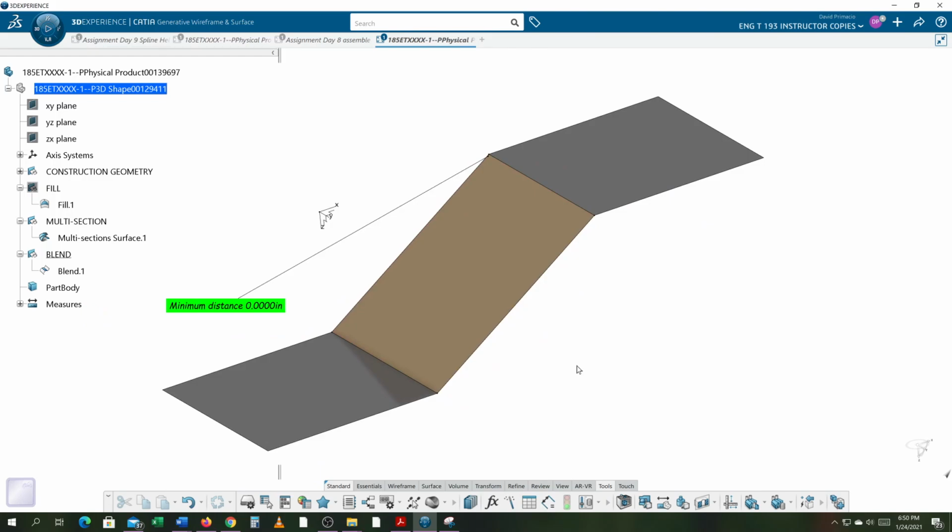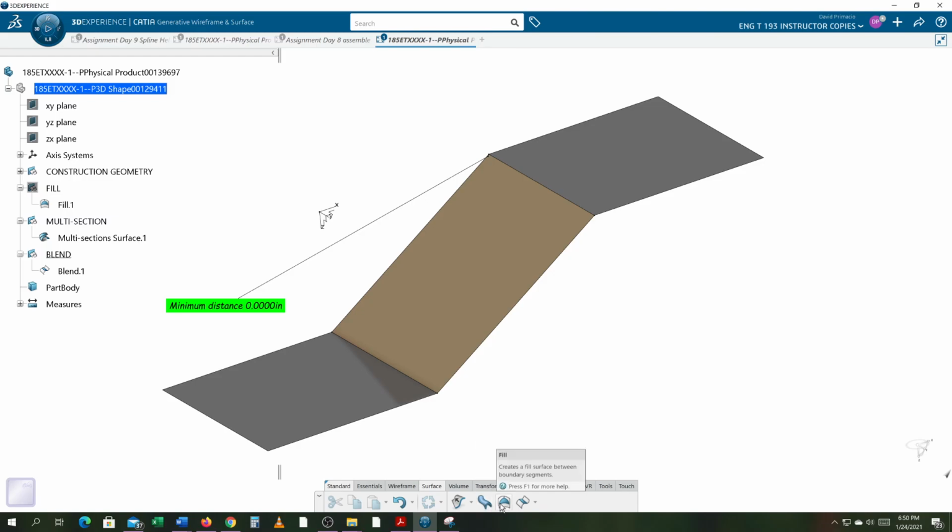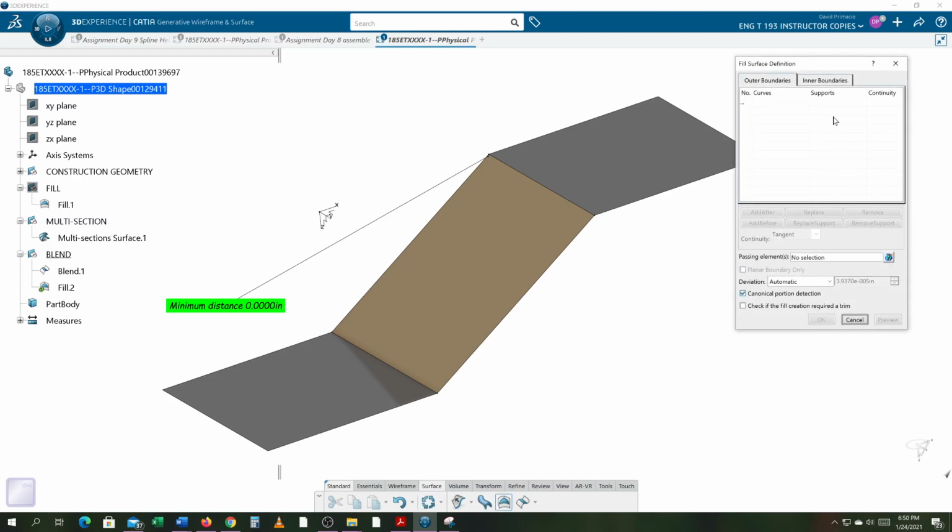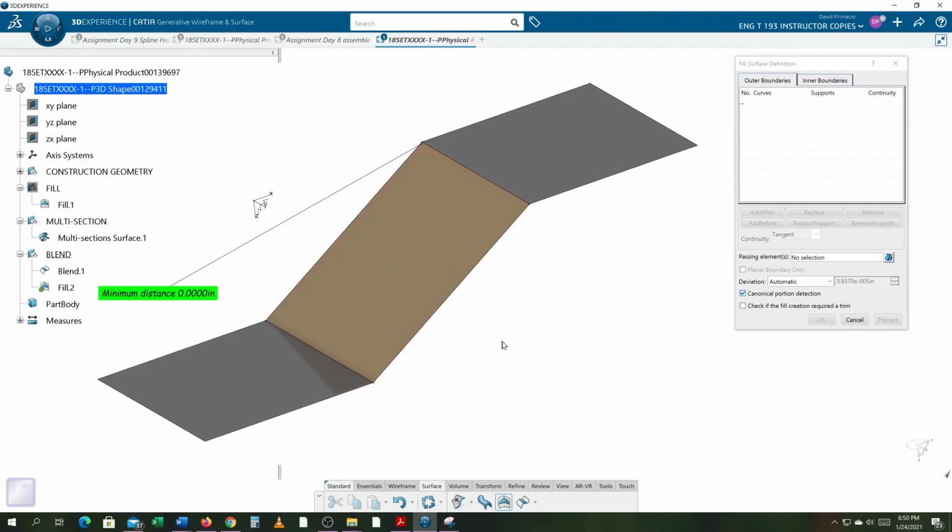Now what I want you to try and do is create a fill, a multi-section, and a blend, and try and grab a support so that they blend tangent. Okay, so you're going to experiment with that. For example,